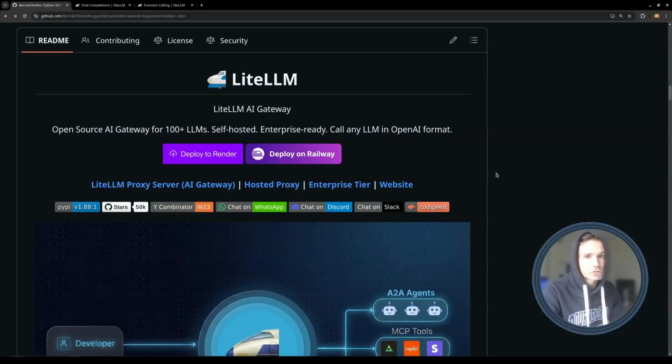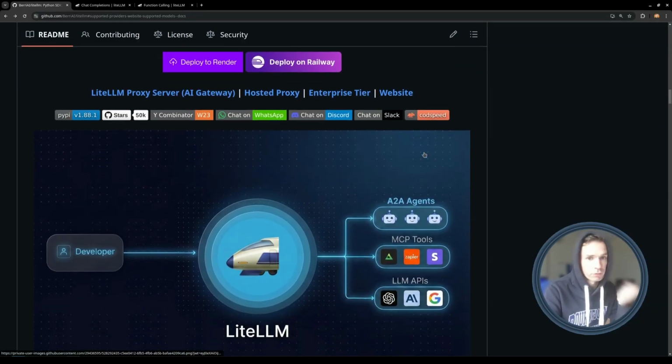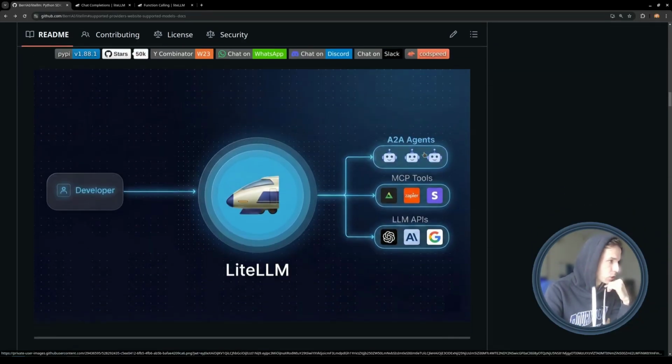Hi, and in this video, we're going to implement our first orchestration system with the use of large language models with our own tools, using the function calling technique. We're going to use LiteLLM as the framework, which, if you're not familiar with it, represents a gateway for the developer towards the various providers of large language models from third-party services through the concept of